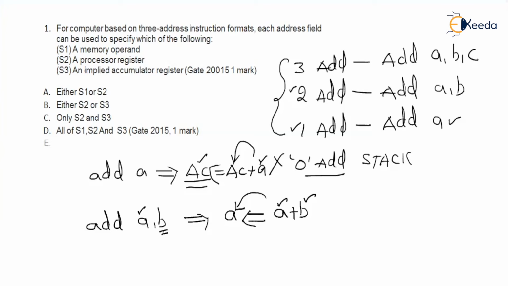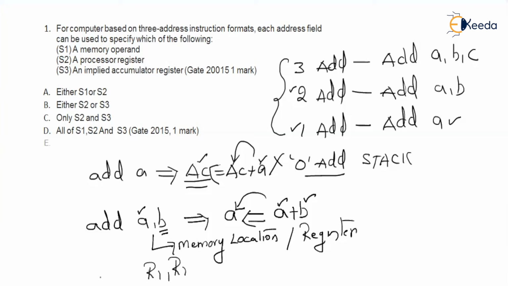Here these 2 operands could be either a memory location or a register in the processor. That is, you can also see an instruction such as add R1 comma R2. So add A comma B is going to perform an operation between 2 memory operands, and finally the value will get transferred to a memory operand. The same thing if it is being performed between 2 processor's registers, the value will get added and finally gets transferred to a processor's register.